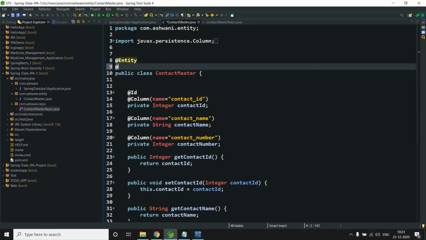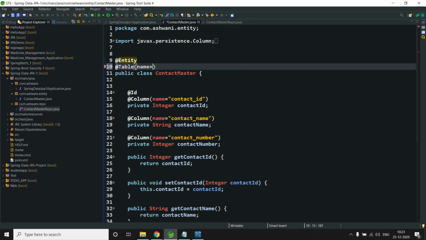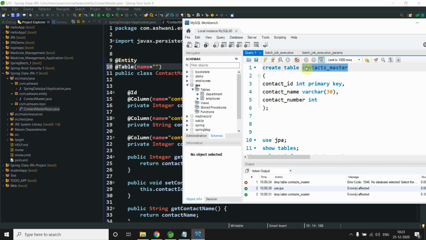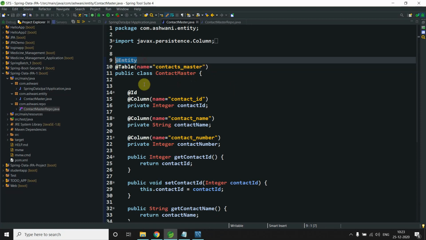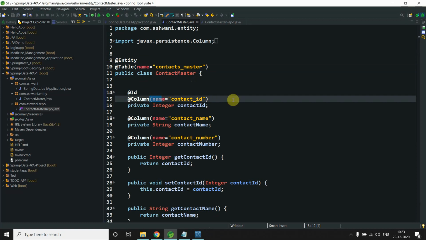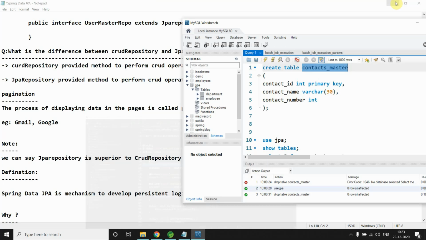We can say @Table name. Why I'm using this, just give me 2 minutes, I will let you know. So there are 4 things: first is table, entity, ID, column. I will let you know why we are using all these.